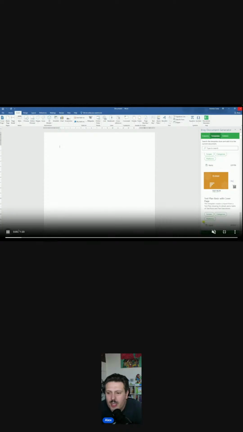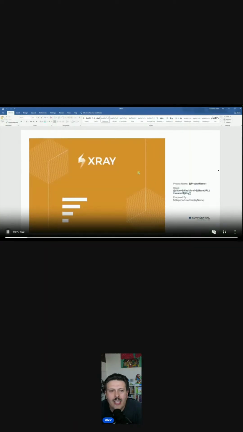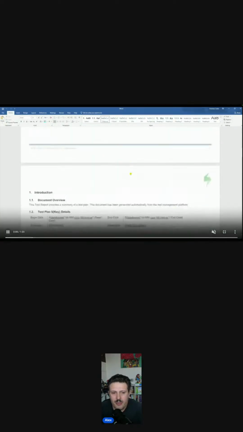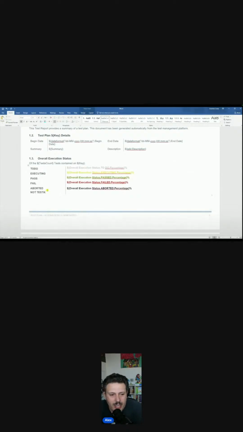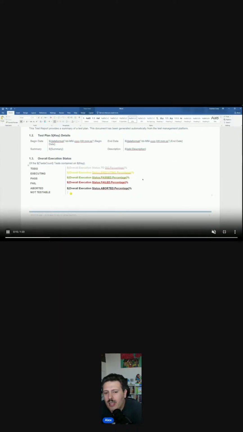All right. So let's see. We have the templates on the right-hand side. It brings it in. So as you can see, we have the full template as Xray created it. And now we can just type in, like if we had a regular Word document. But knowing the commands, knowing the code here,